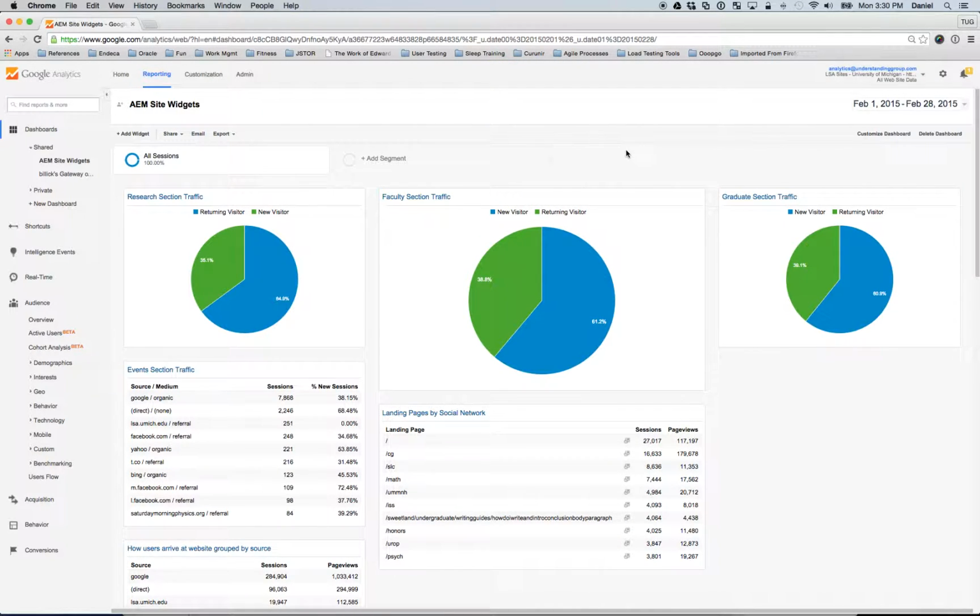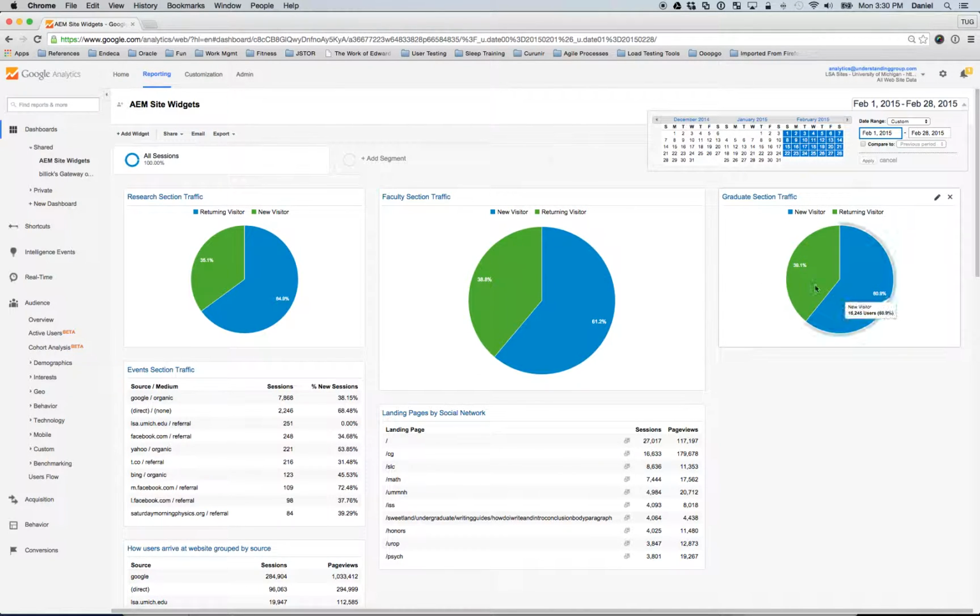So in this particular case, the dashboards reload, and we can see that all of the numbers have changed to include the month of February. Now, one of the most powerful things you can do with this tool is not just to look at one date range, but to compare across multiple date ranges. So, for example, I know that in February there was an event in the second week, and I want to see whether or not that event was successful, and I want to compare it to the first week in February as a baseline. So I would go ahead and start by looking at the second week of February,